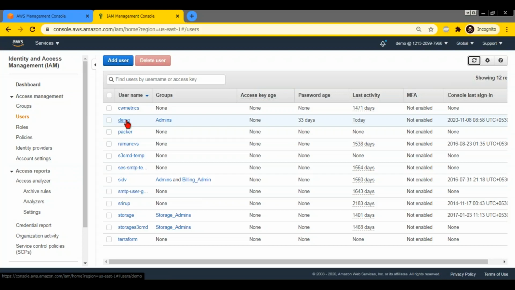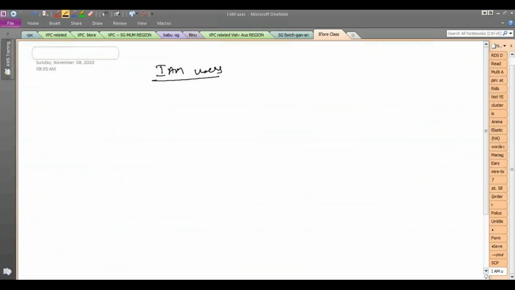Now let us say, for example, you have an employee in your account called say Harry or something. Let us say you have a user called Harry, and I am the user demo. So I created a user called demo, gave this user full permissions. Now I logged in as demo and I'm going to create the user Harry. Say Harry is a trainee, so he needs some specific permission. He does not need admin permissions.